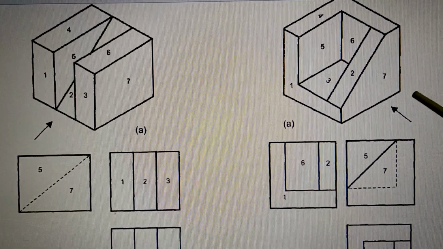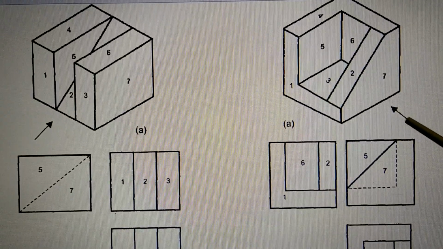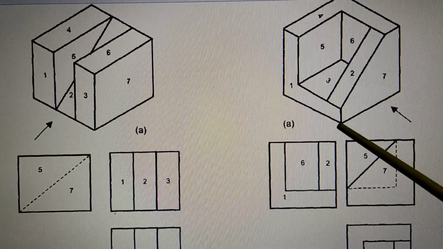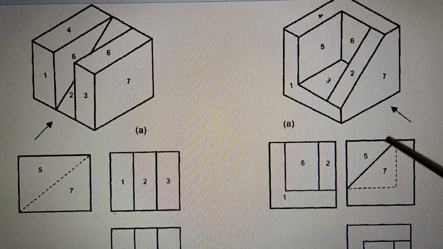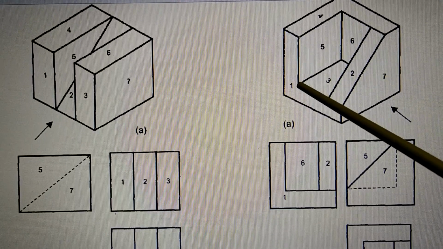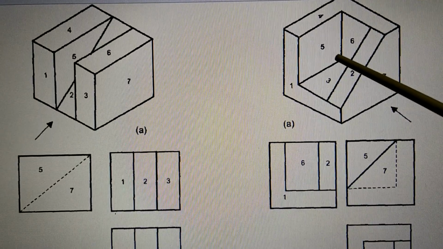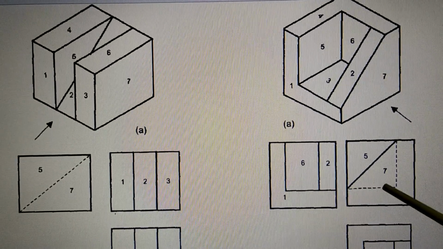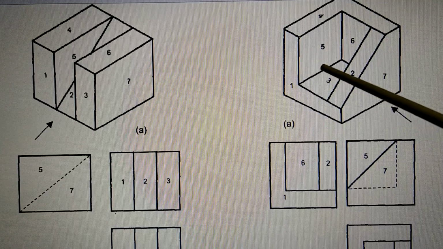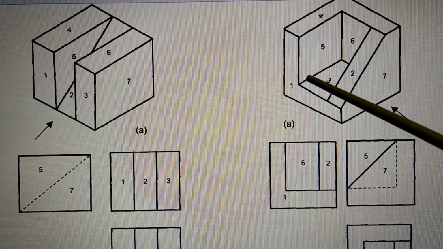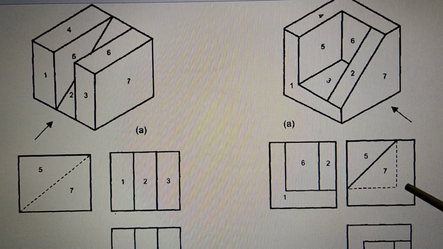Now one more figure here. This is the object. You look in this direction, front view. So you will see 7, 7. And then background there is 5. So this is 5. 5 is seen, and then this part of 5 has gone behind this. Behind this. And therefore these edges are hidden. They are not seen. Therefore dotted line, dotted line.